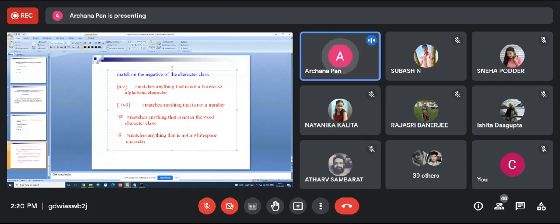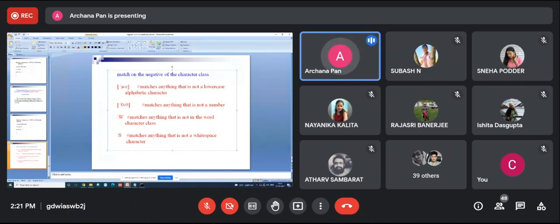Along with this one I have added one more. What is the meaning of this one? It is the opposite, the negative one. It matches anything that is not a lowercase alphabetic character.